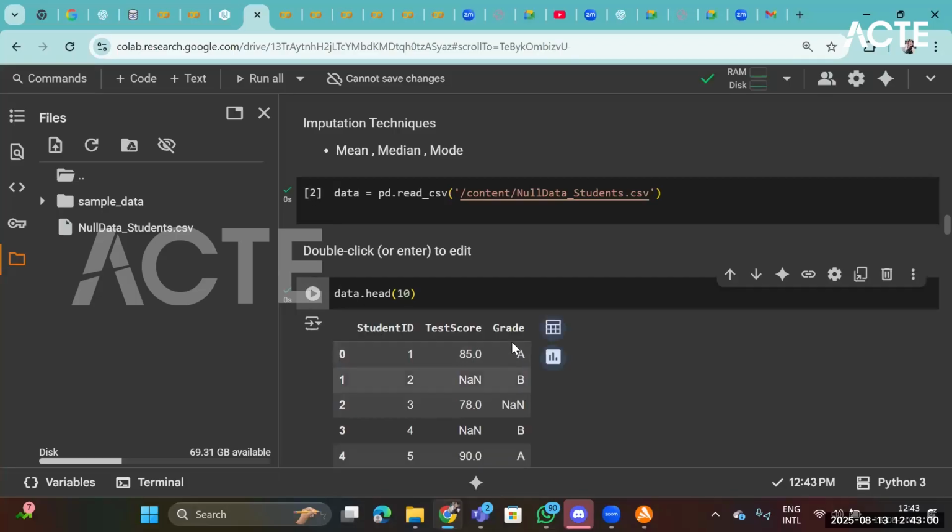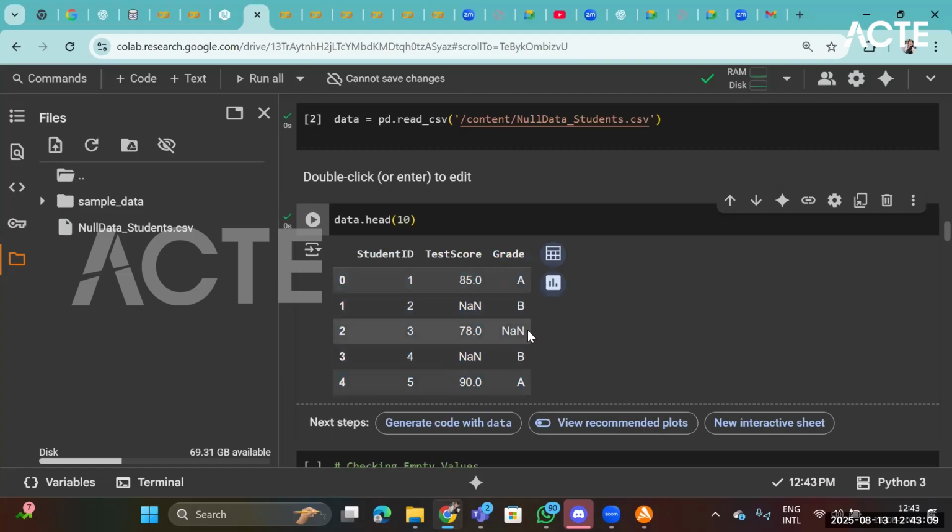As you can see here, in grades we also have NA, not available, which is a null value. In these conditions, imagine we have only one, we can fill it by using if conditions, like if the value is greater than this, the grade should be this. We can do that. But imagine we have thousands of data and in that some 300 data is missing,